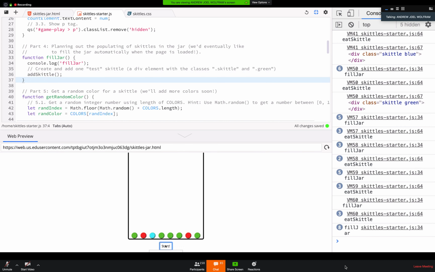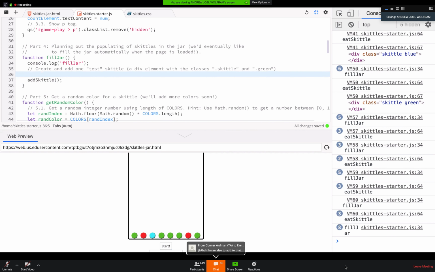Okay, now when I click start and call fill jar, I actually want to add a random number of skittles between 0 and 100. So just like we did to get a random number for the index for our colors, we're going to create a random integer between 0 and 100 for the number of skittles that we want to add to this page. So in this case, I'm going to do random number equals math.floor,